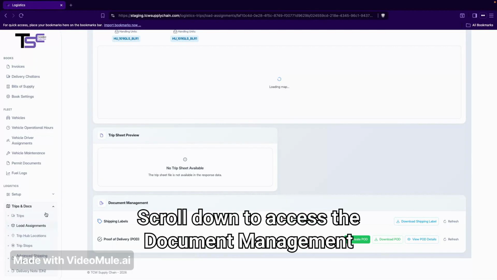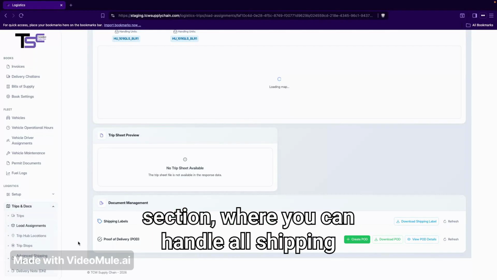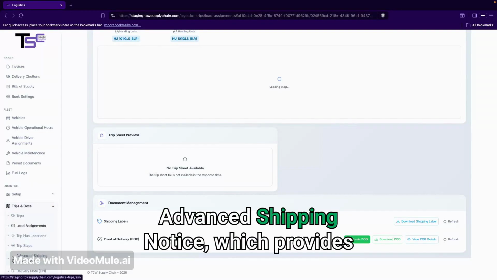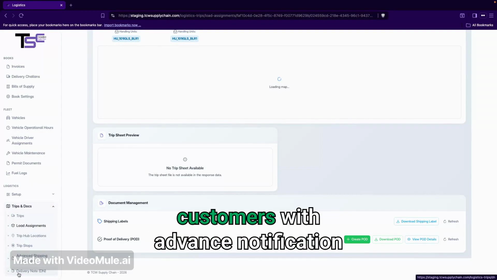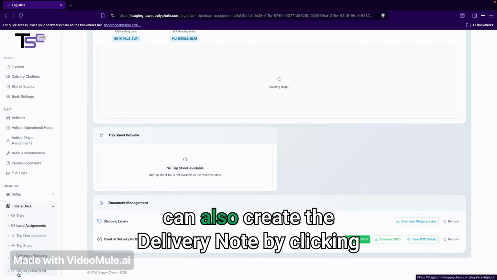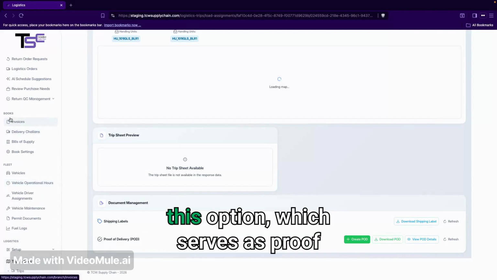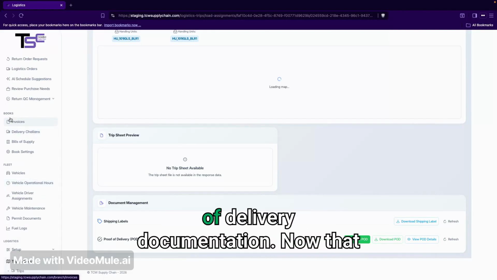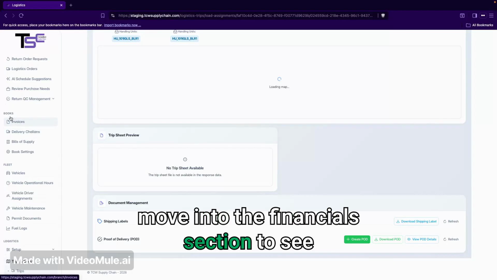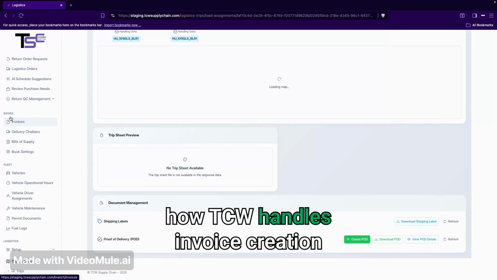Scroll down to access the Document Management section, where you can handle all shipping paperwork. Click here to generate the Advanced Shipping Notice, which provides customers with advanced notification of incoming shipments. You can also create the delivery note by clicking this option, which serves as proof of delivery documentation. Now that our logistics workflow is complete, let's move into the financial section to see how TCW handles invoice creation